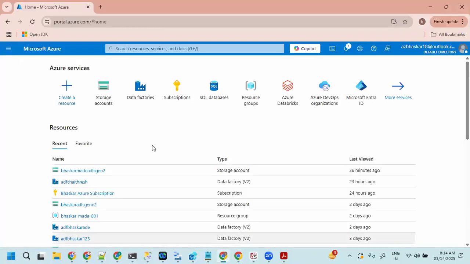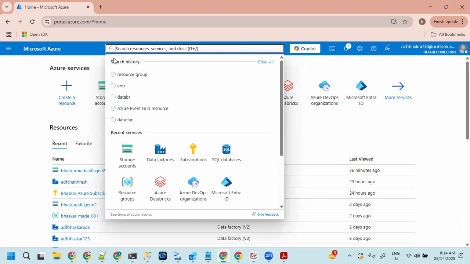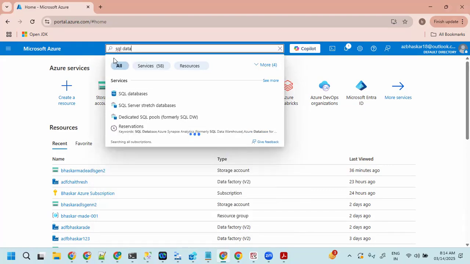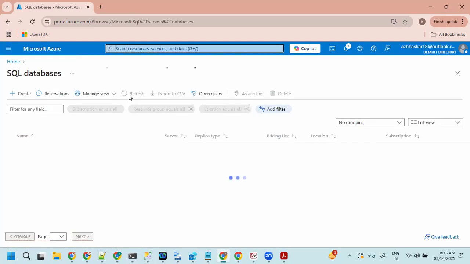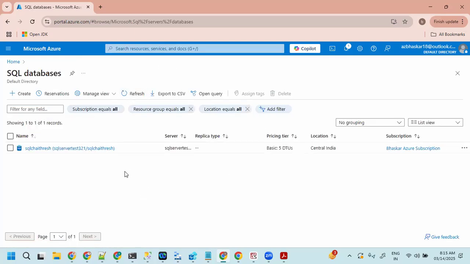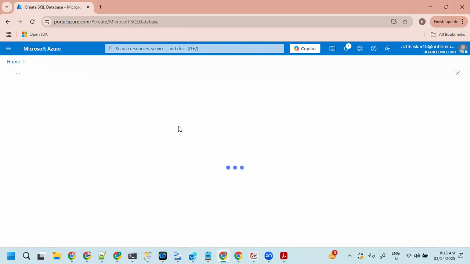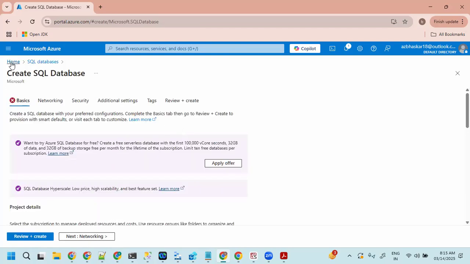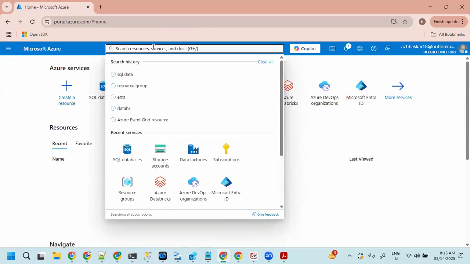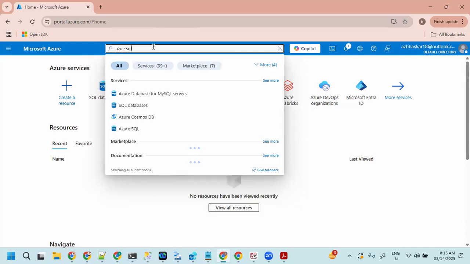Okay. So I'm here inside the Azure portal. If I want to create a database, then you have to search for SQL databases. Let me hit SQL databases, plus create. Not here, somewhere you can find Azure SQL.